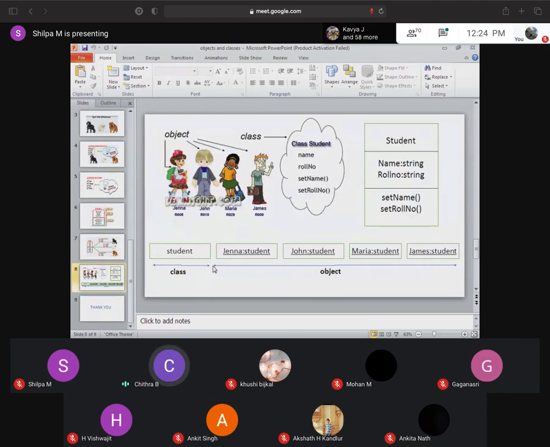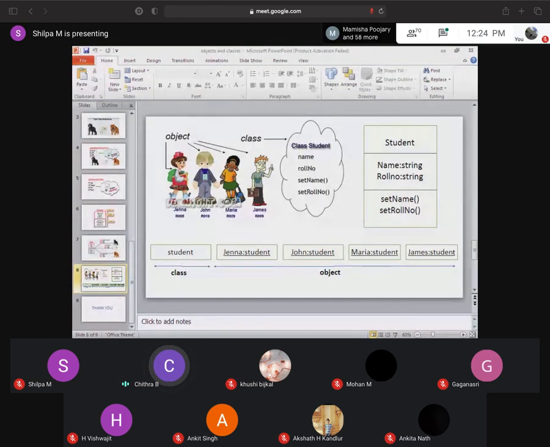Here in this picture, Student is a class created with four students as objects. In UML symbols, the class Student can be written in a box, and the objects, that is the students, can be written as name colon Student inside the box. Above, we can see a system modeling notation where the Student class has name and roll number as attributes, which describe a value held by each object of the class, each followed by its data type.